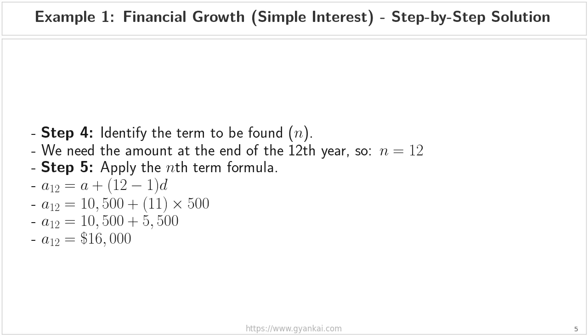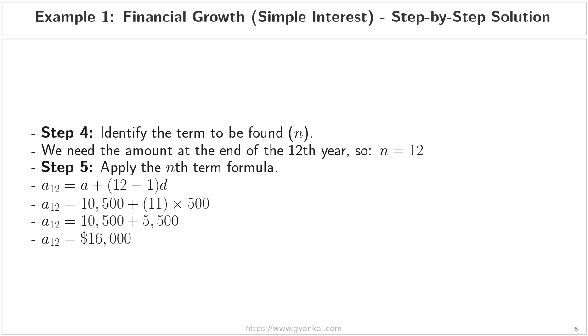Finally, in step 5, we apply everything we have gathered into our nth term formula. We start with a sub-12, which represents the amount at the 12th year. This is equal to our first term, A, plus the quantity of n minus 1, all multiplied by the common difference, D. Substituting our specific values, we have a sub-12 equals 10,500 plus the quantity of 12 minus 1, multiplied